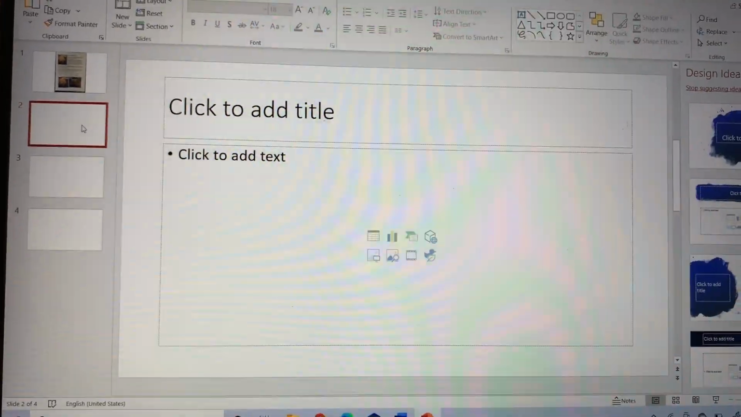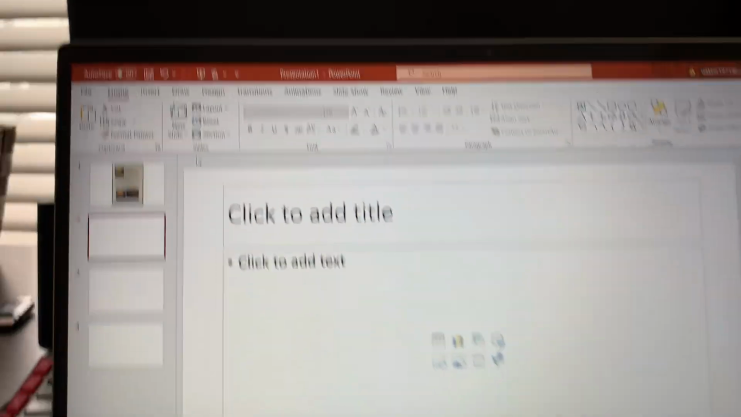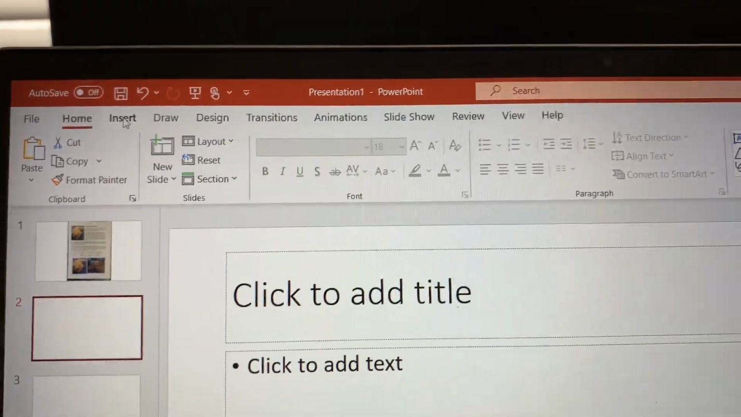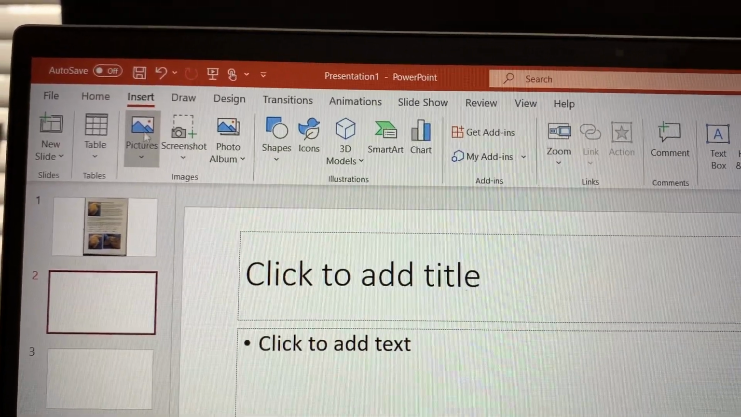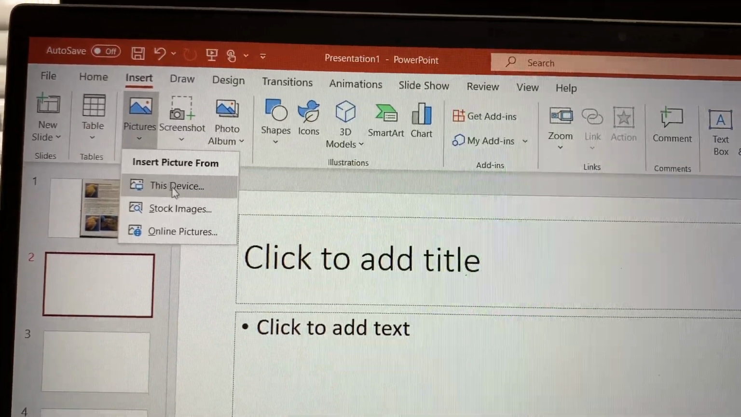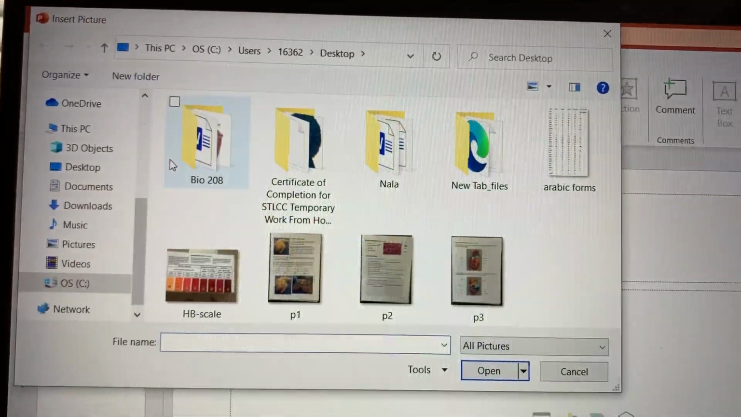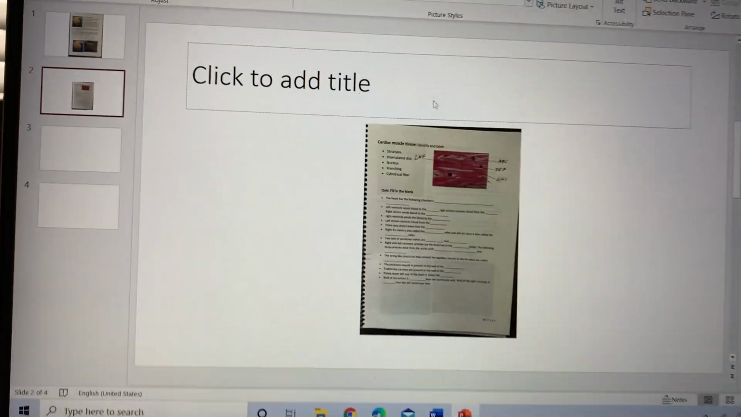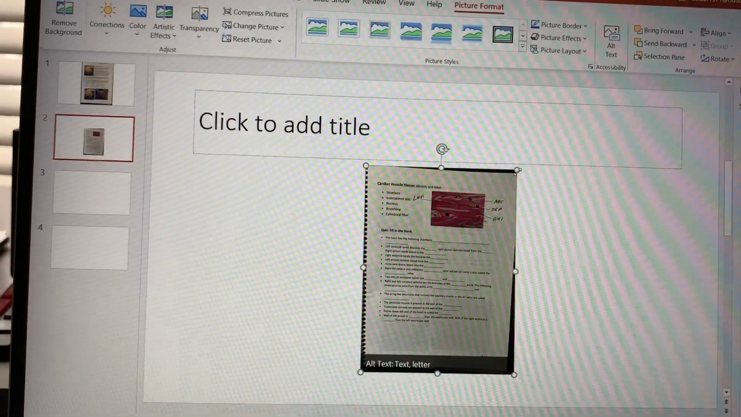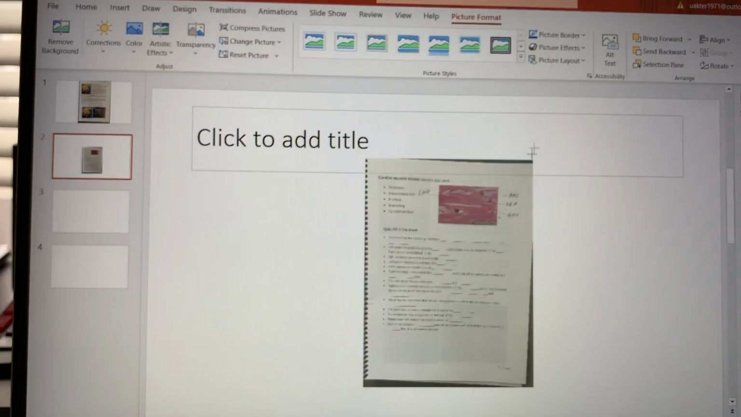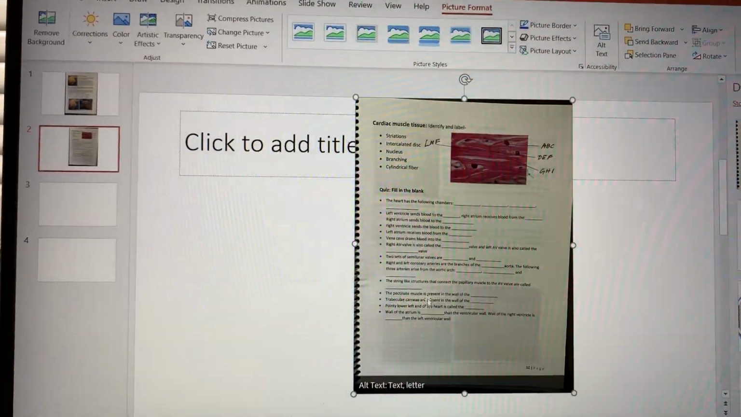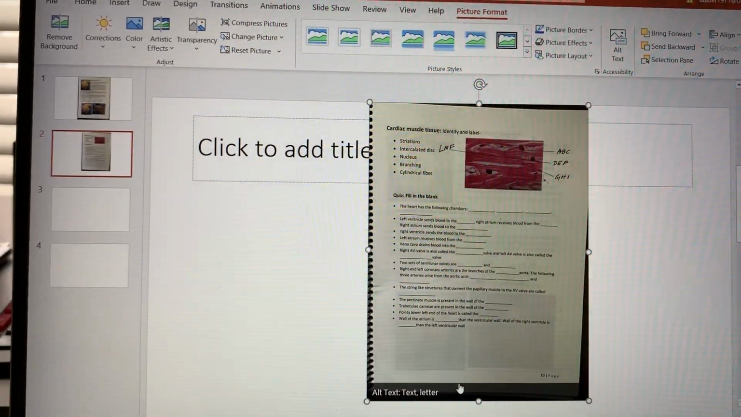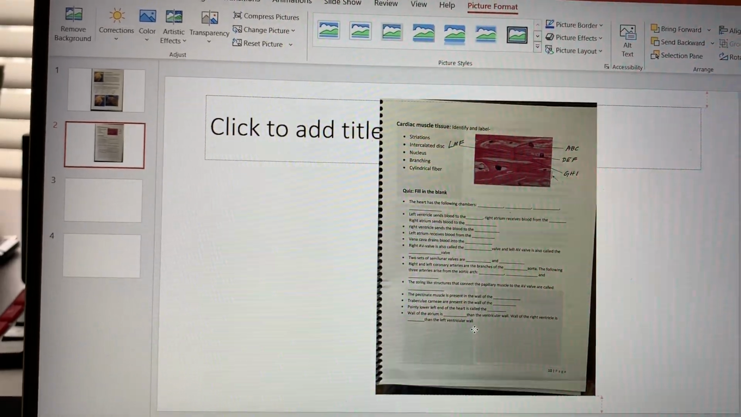So select the slide and then again go to Insert, Pictures from device, this device, and select P2. It is here already, right? Now this one you have to make bigger. So just drag from any corner and then position it anywhere. Okay,